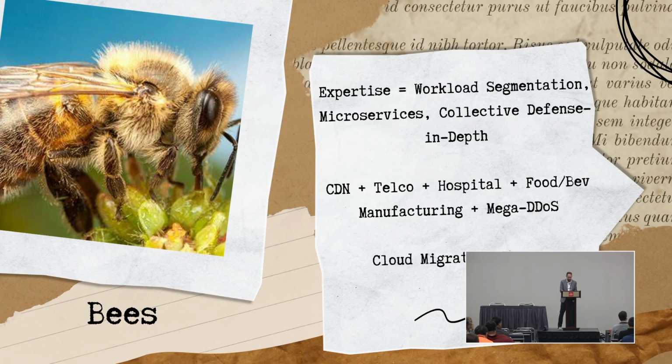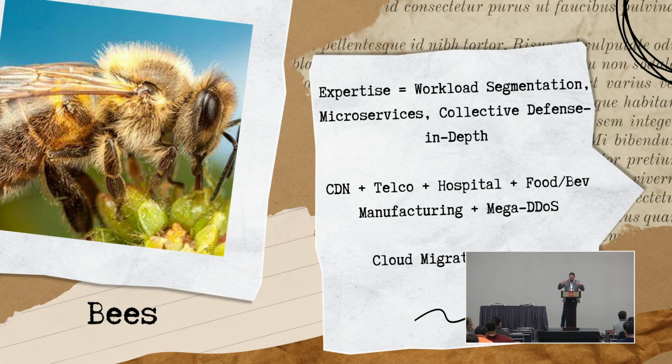All right, so diving in to our very first use case, let's talk bees. Bees are a keystone species. As you may know, bees are invaluable to multiple ecological systems in the world. And in terms of scale, when we look at bees, right, there are hundreds of different species. They're globally distributed. And there are some amazing things in terms of expertise that bees have, right? They're fantastic when it comes to workload segmentation, equipping microservices, and of course we're all probably familiar with their ability for collective defense in depth, right? This kind of massive collective DDoS, if you will, against any of their attackers, things that are threatening their hive.